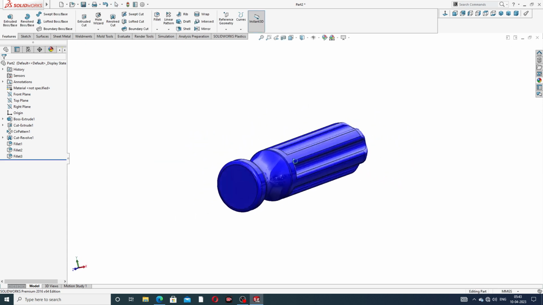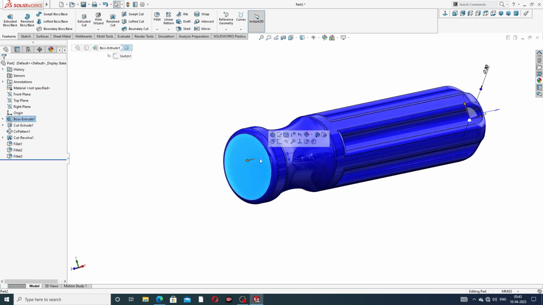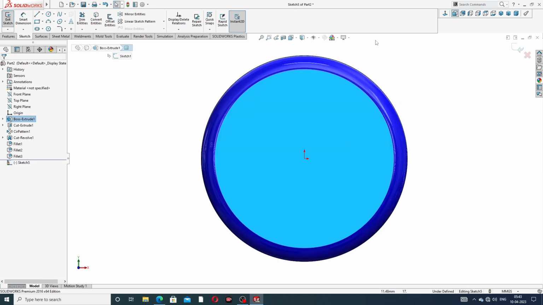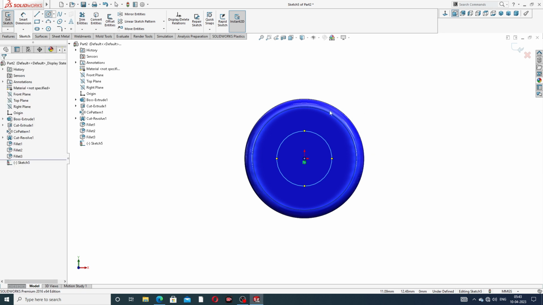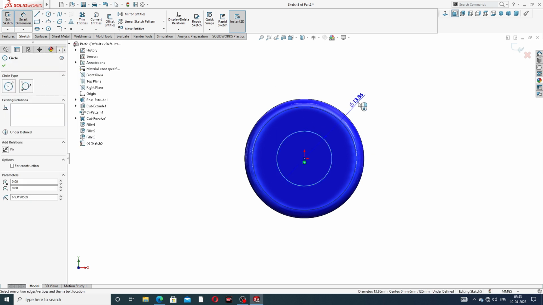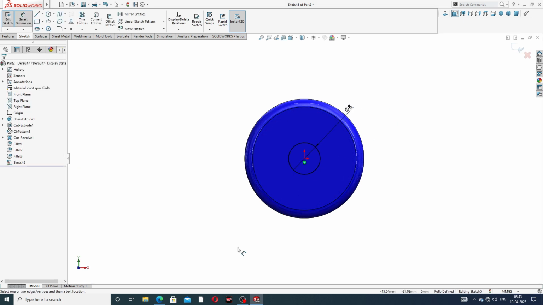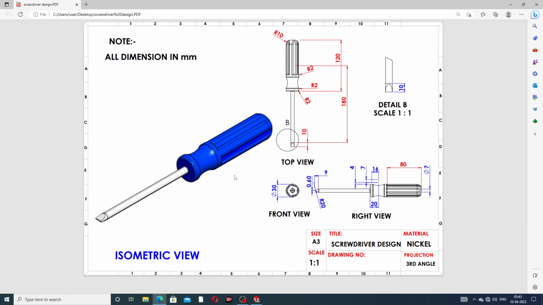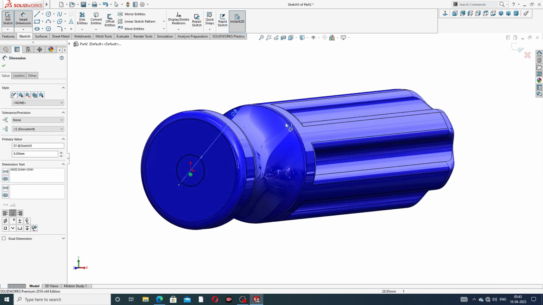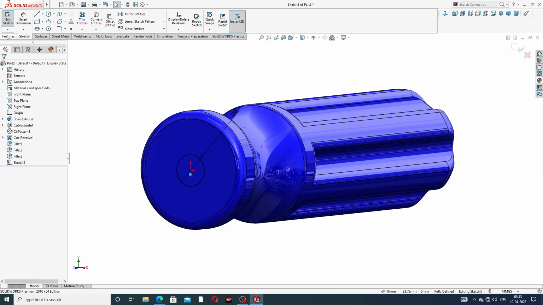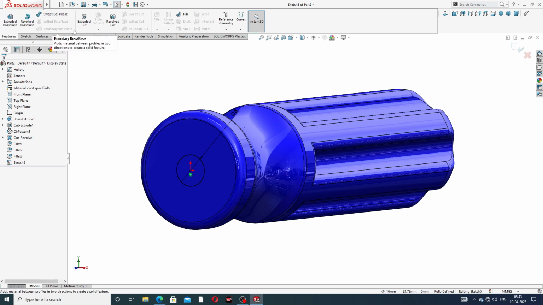Okay, and next is this face sketch, normal, drawing a circle is this, and this circle diameter is 8 millimeter. But this is not mentioned here because some points are missing, and this is perfect. Remember here, 8 millimeter is correct, and okay, extrude boss, this extrude cut